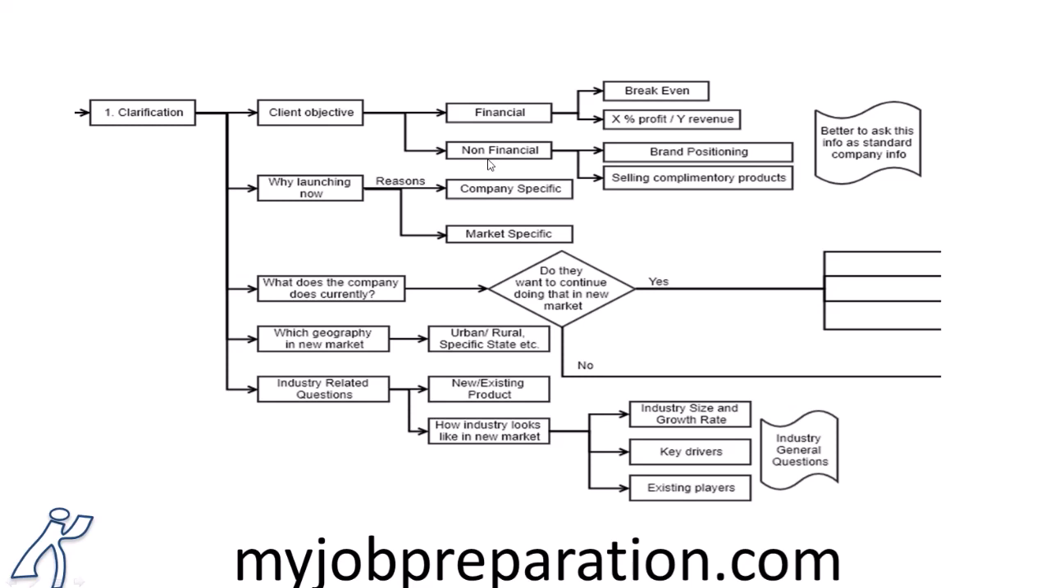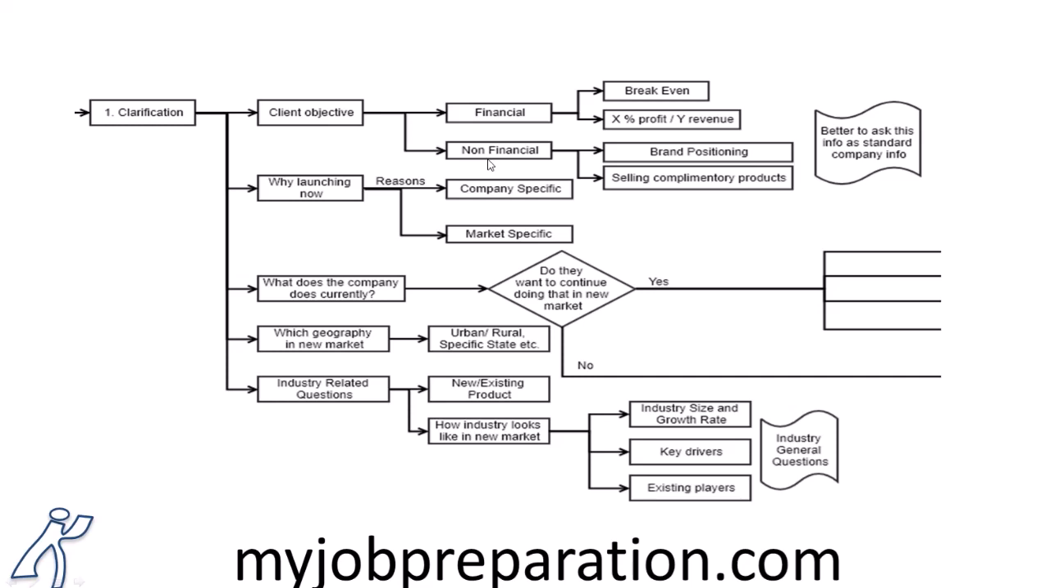So this is something which you need to clarify. There are non-financial objectives also which a company can have, like they want to position their brand in a new market, and another could be that they want to sell a complementary product. For example, let us say Kindle, right? So Amazon might not want to earn profit from the sale of this particular product, but they know that they will be able to sell complementary products which will give them additional profit and revenue, right? So there can be such